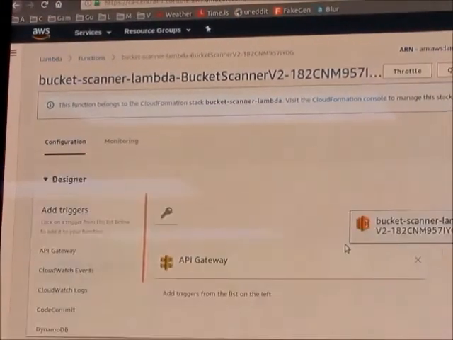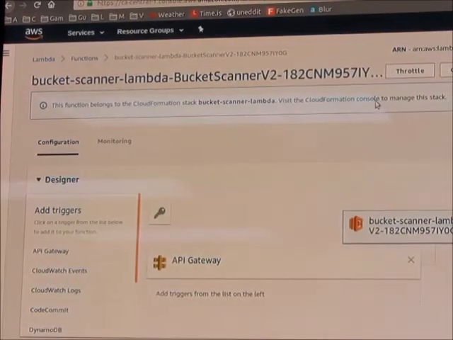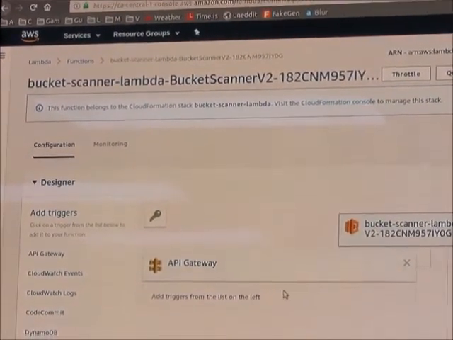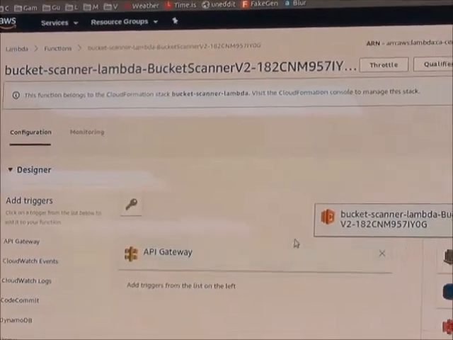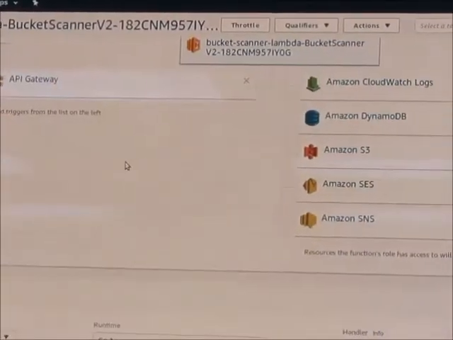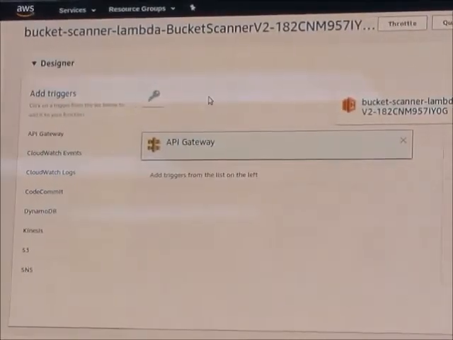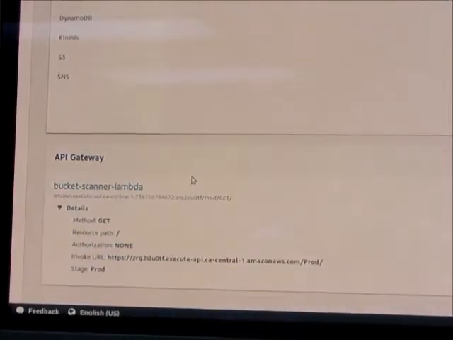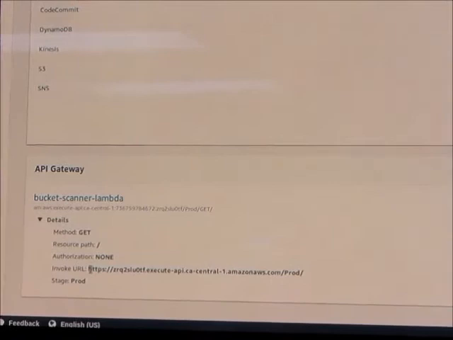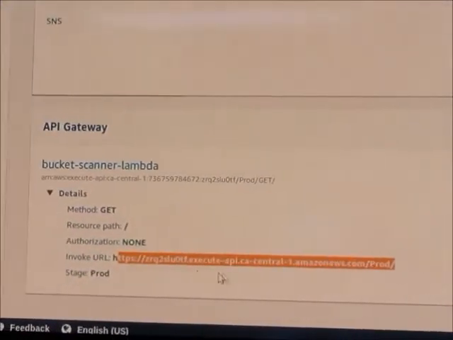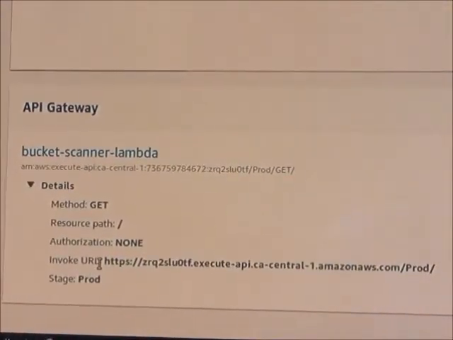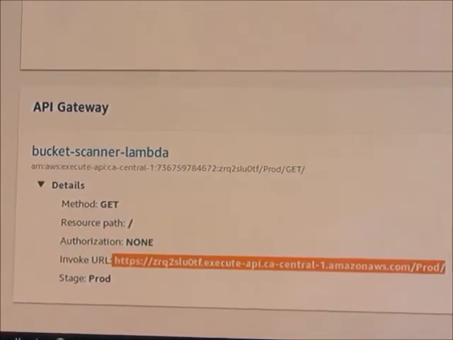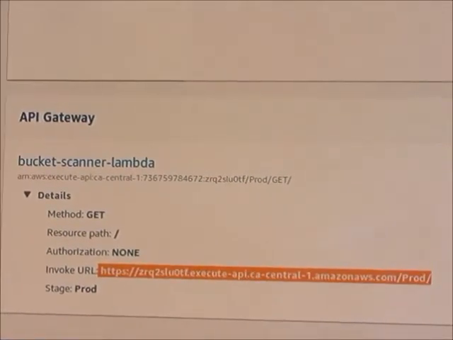So yeah, now we are on the Lambda function. As you can see, it now listens to API Gateway automatically. Don't have to set it up. And if we just go here, find out the user-friendly URL that AWS gave me, I can invoke the function.